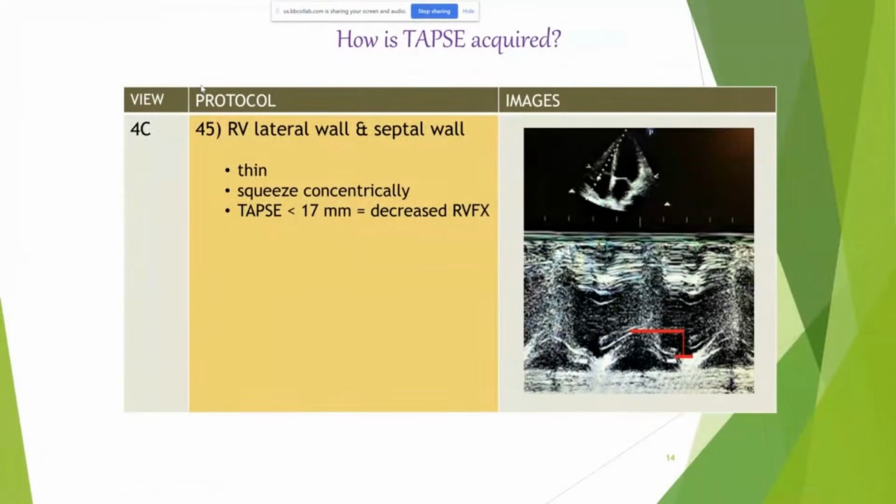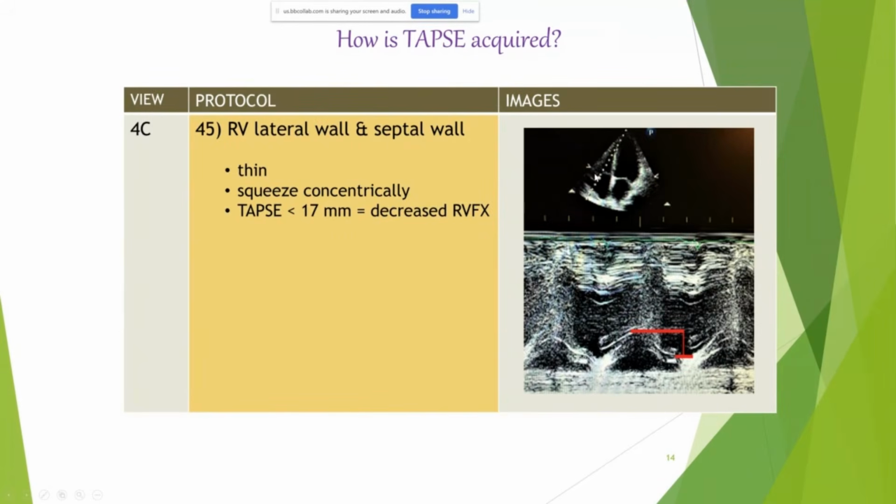So let's talk about TAPSE. But before we talk about what TAPSE is, it has a long name. That's why we just shorten it down to TAPSE. We've started trying to measure RV function, and that's a quick way of measuring RV function. So what we're going to do is, you see this cursor right up here? Direct your attention to this image for me, please. You're going to run an M mode, which is what this looks like when you turn on M mode, through